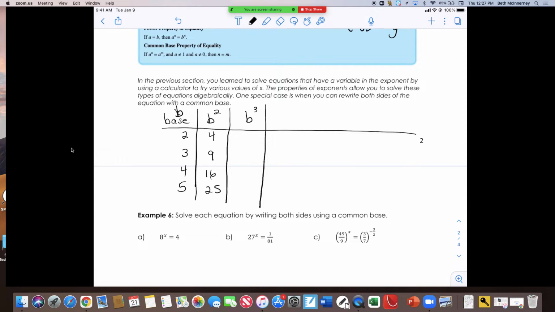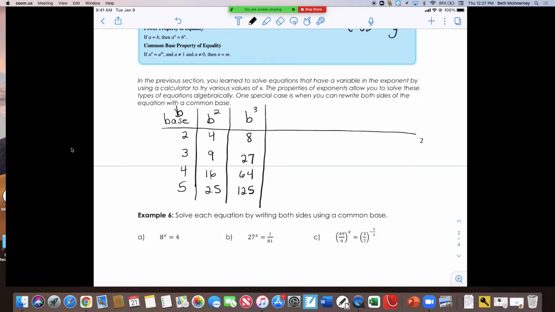If I cube it, 2 cubed is 2 times 2 is 4 times 2 is 8. 3 cubed is 3 times 3 is 9 times 3 is 27. 4 cubed is 4 times 4 times 4, which is 64. 5 cubed is